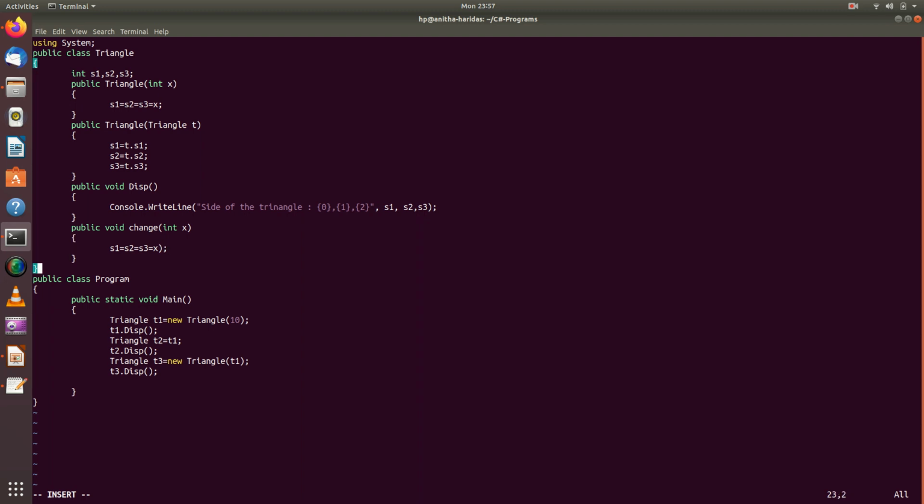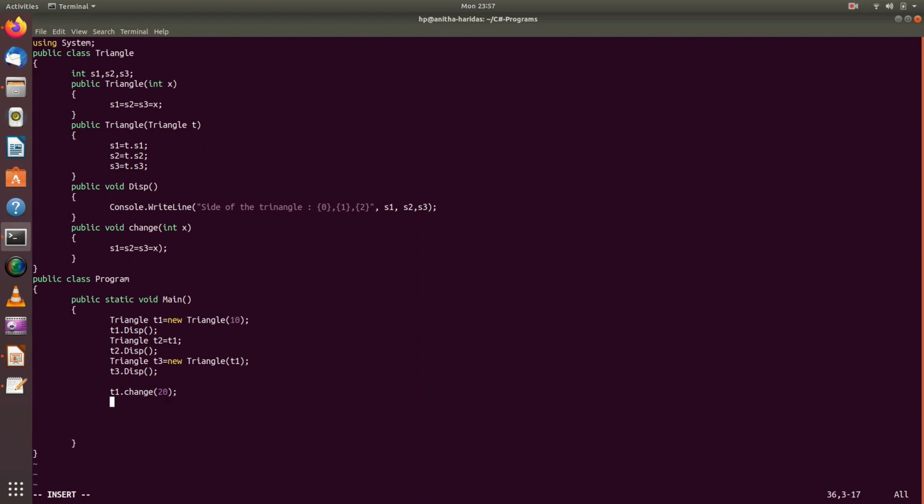Now what happens? I am going to change the value of T1, change the value of T1 with 20.